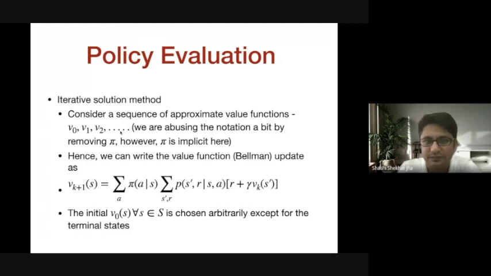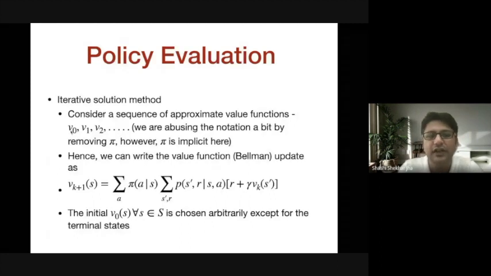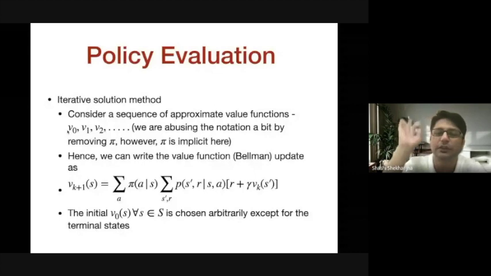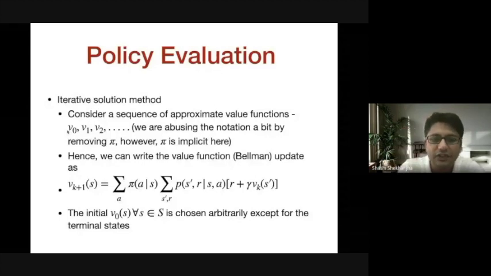Initially, we initialize the value function V naught with, let's say, all zeros. Then we use this particular equation, which is the same as the Bellman equation, to calculate the value function of the next iteration. So we use the value function from the previous iteration to calculate the value function of the next iteration, and we keep on doing it until these value functions converge. Once the value functions converge, policy evaluation is over.